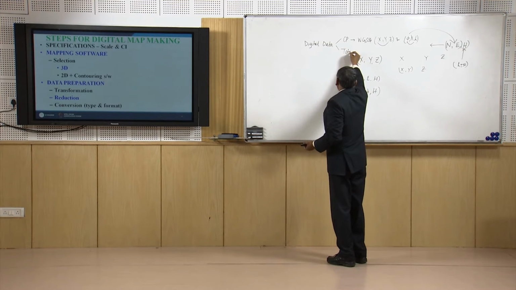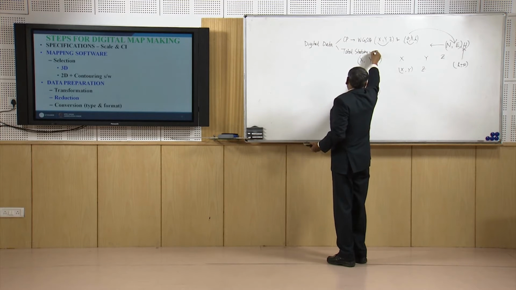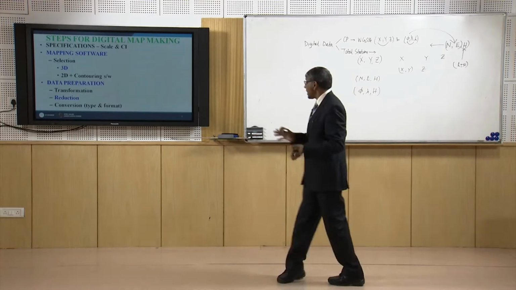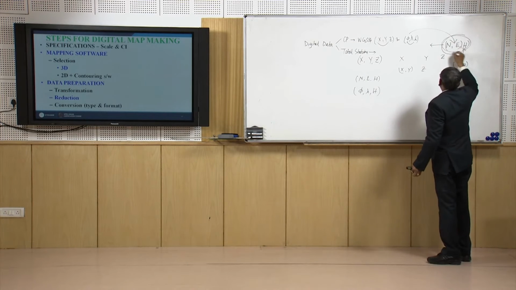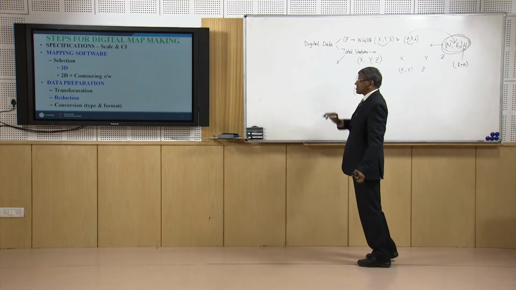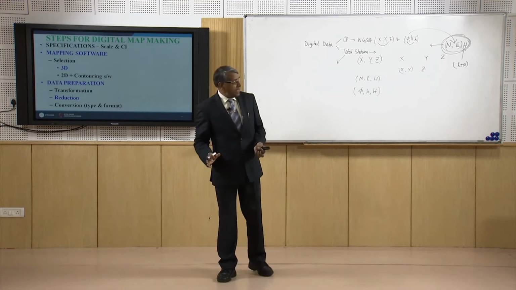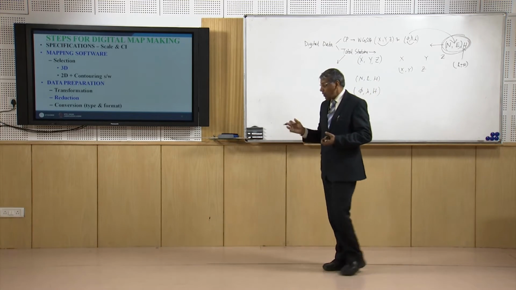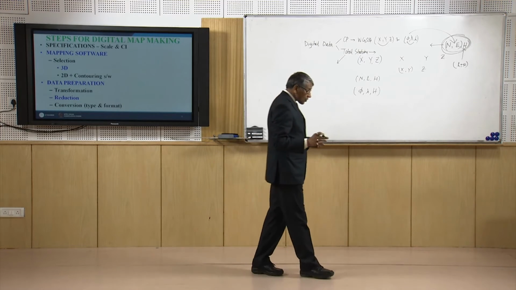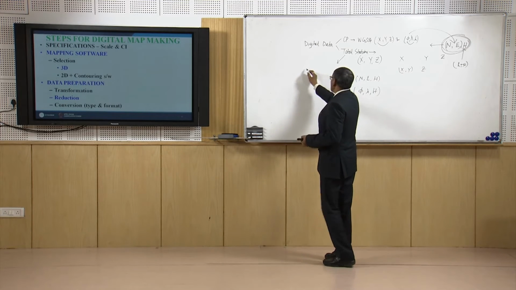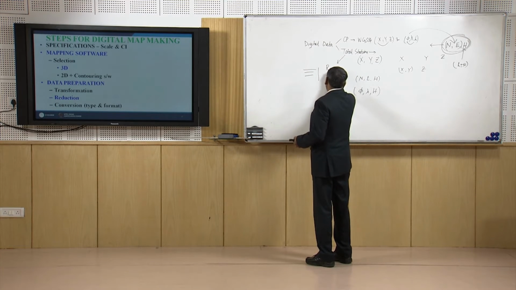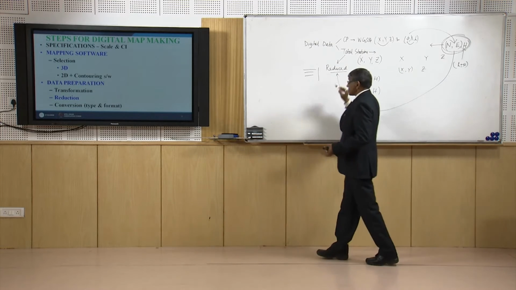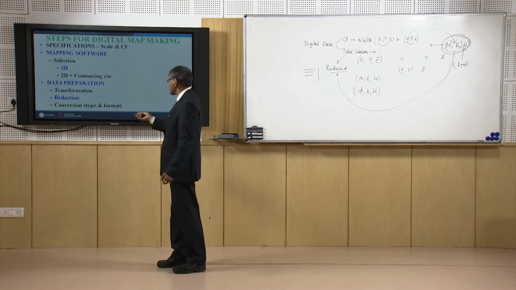And then there is the data that we will get from the total station. Generally we go for data observation using the total station, either directly using the northing, easting and height of the control point, in which case the total station will provide us the data in NEH format, or sometimes we make use of a local coordinate system, or we assume some coordinates for the control point, and then those coordinates have to be reduced by making use of the control point. So transformation and reduction is important.